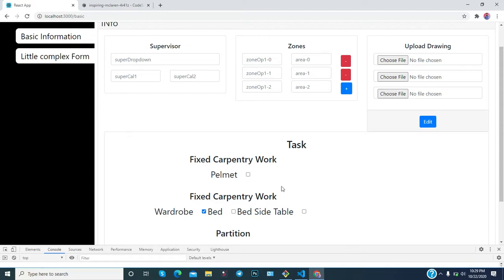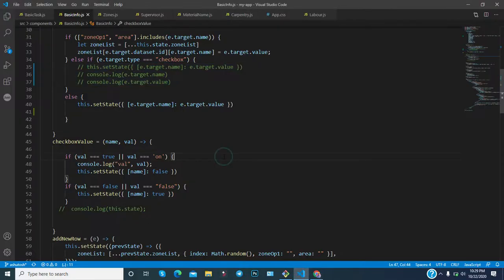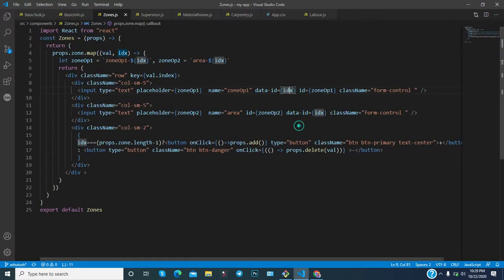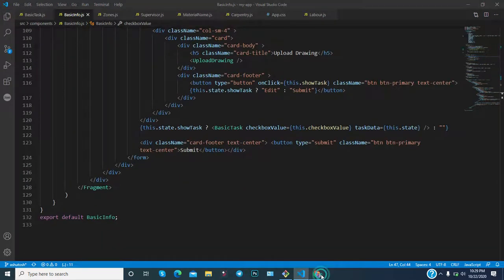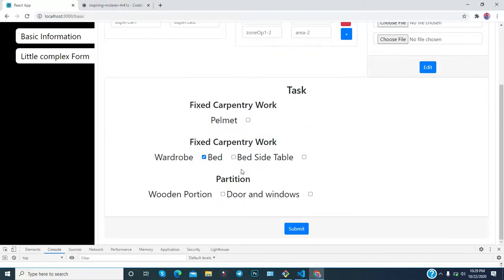However, as you can see here, this is the zone.js, and you can notice this is the basic info, and this particular section is the task section, which has lots of checkboxes.